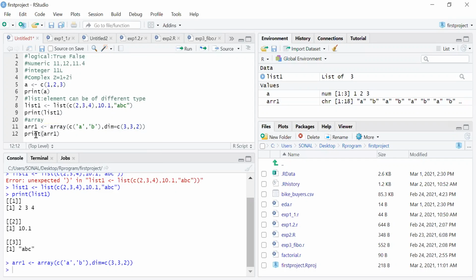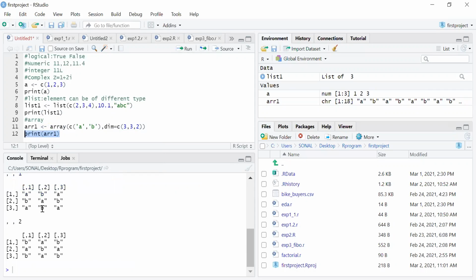Let's execute it. Here you can see the values A and B, and it has created a 3 by 3 matrix, which has been repeated twice. So this is how an array can be created.